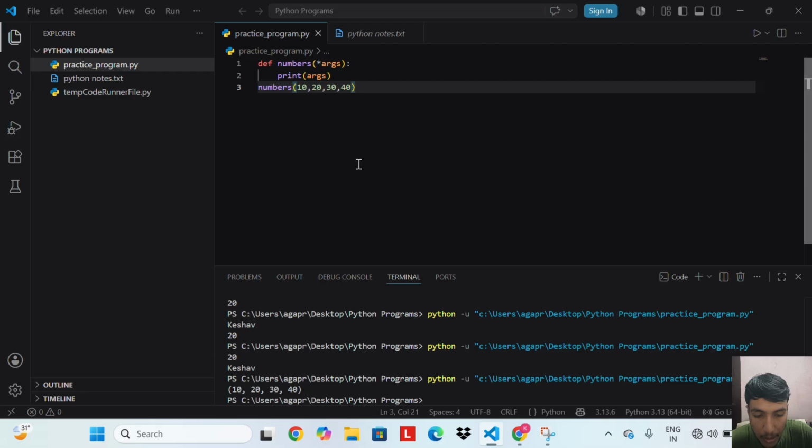Here we passed 10, 20, 30, 40 and they are stored in args. You can pass any number of values, 1, 5 or 10. The function handles all of them. The name args is a convention. You could write *numbers or *values, but *args is the standard name everyone uses.